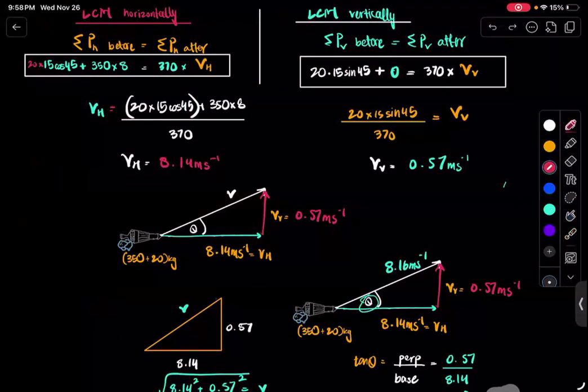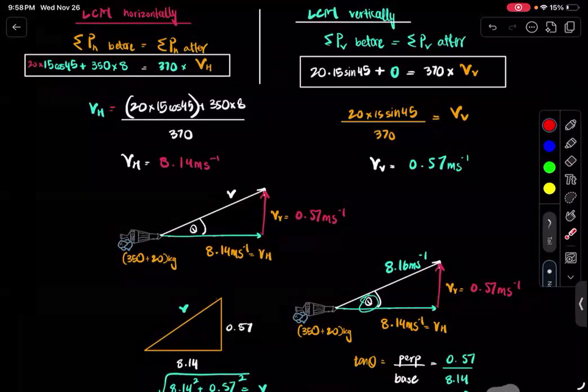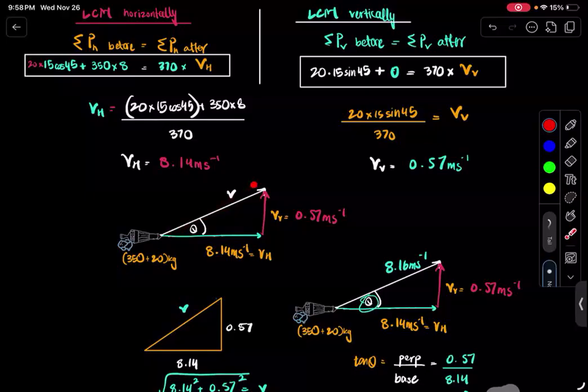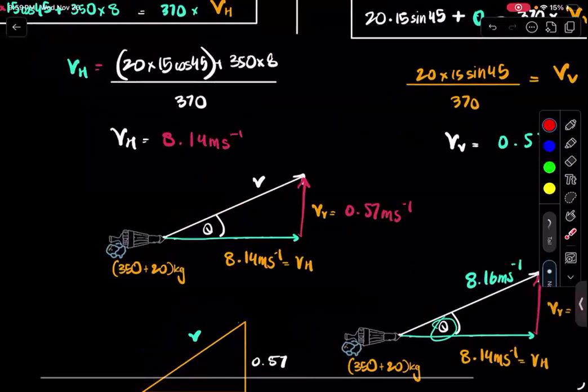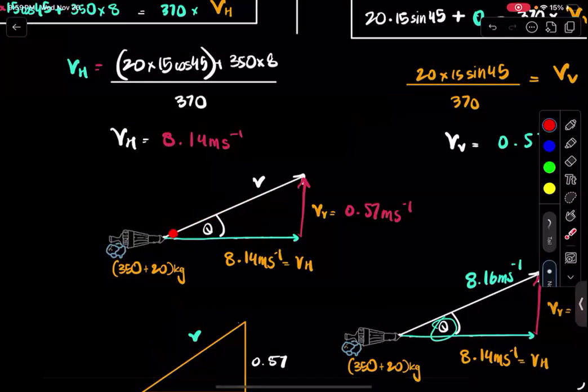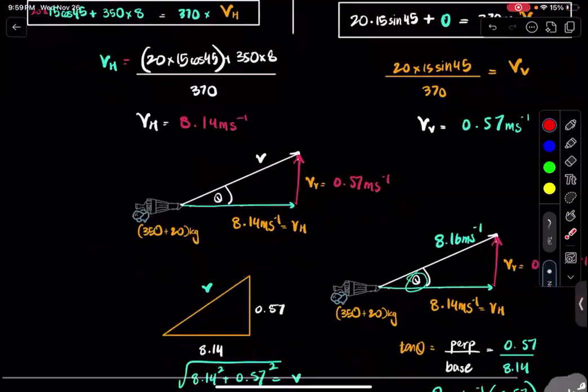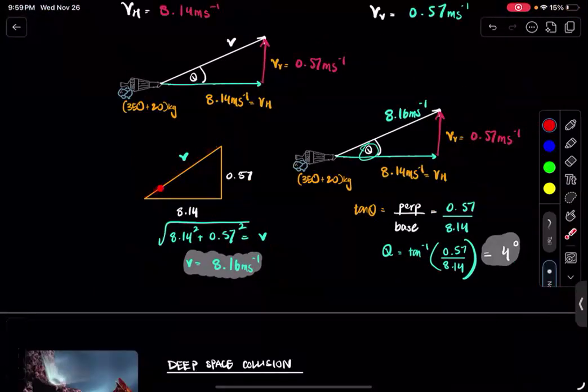Now, if you found out the horizontal components and the vertical components, what's left for you to do is you just have to use the triangle method, just use the triangle. This is 8.14, this is 0.57. And if you take Pythagoras, you can find out the resultant vector. Why? Because this is the resultant vector, which means if you sum up the horizontal vector and the vertical vector using Pythagoras, then you will get the resultant vector v. And that's exactly how we figured out what v, the resultant vector, was.